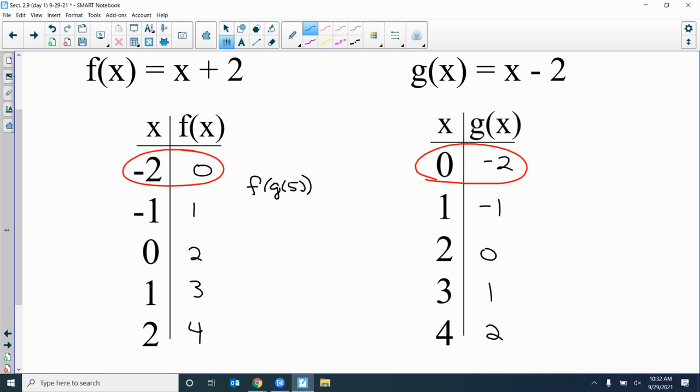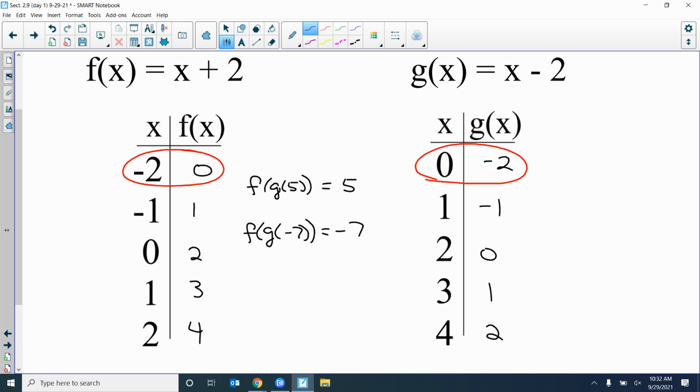Okay, what's g of 5? 5 minus 2 is what? 3. What's f of 3? 5. Okay, f of g of 5 equals what? 5. What's f of g of -7? -7 minus 2, -9. -9 plus 2,